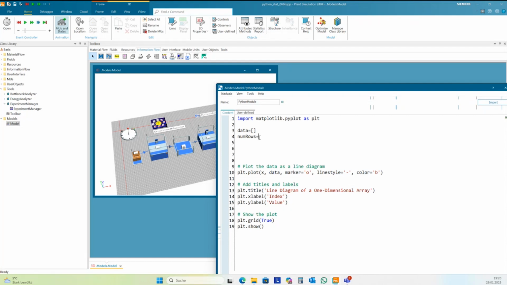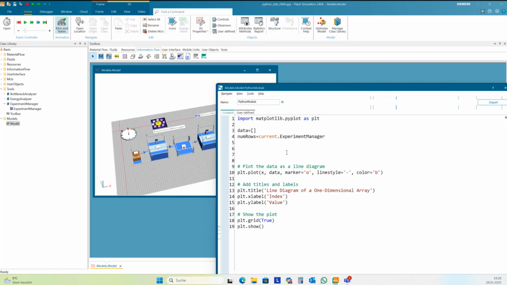And numerous I read from Plan Simulation. I deleted all the stuff from Plan Simulation here. With current, I can access the current frame, and then I can start with the path in Plan Simulation, experiment